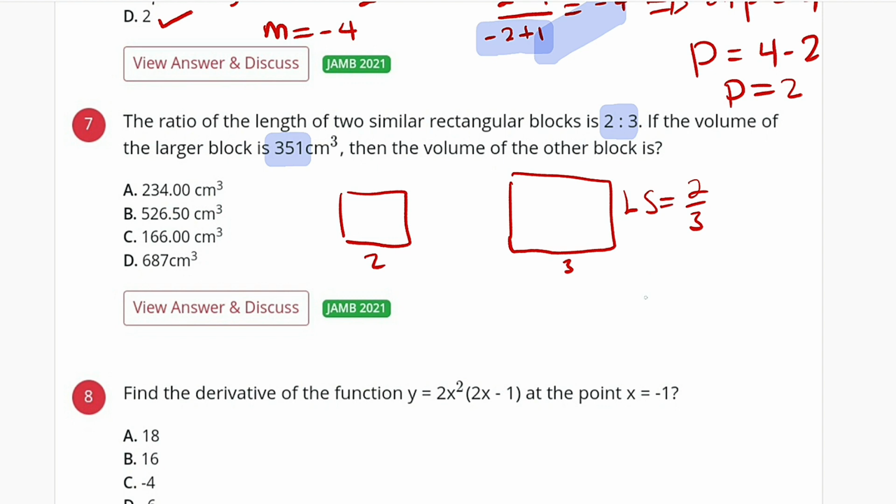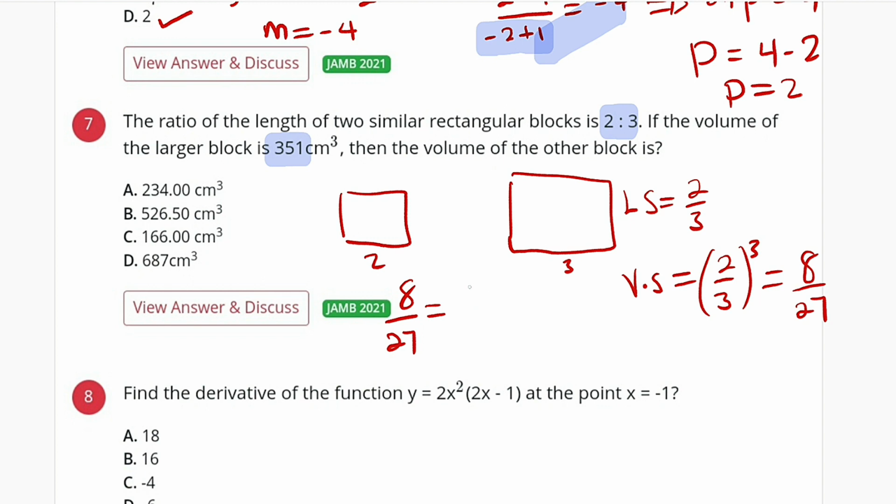Then for the area scale factor, all you have to do is to square this. But we are talking about volume. So we have volume scale factor is equal to 2 divided by 3 all to the power of 3, which is equal to 8 over 27. Where 8 represents the smaller block and 27 represent the bigger block. So now let us relate them together. We have 8 out of 27 would be equal to V, which we are looking for the small block, out of that of the bigger one, which is